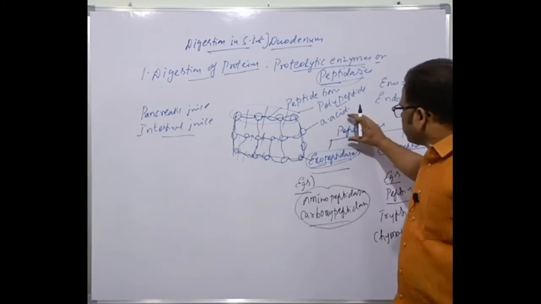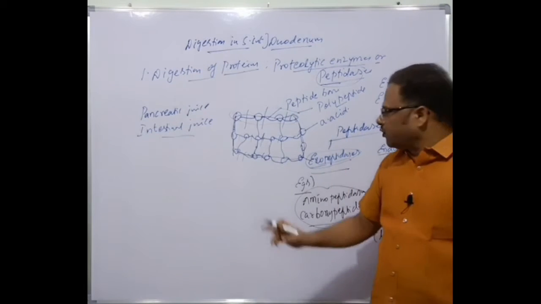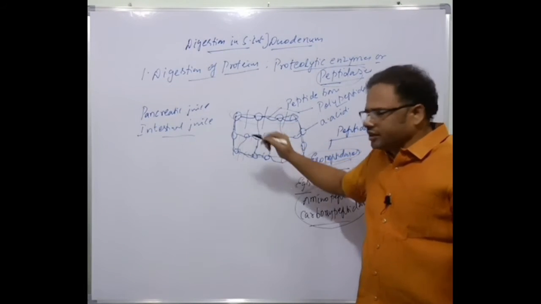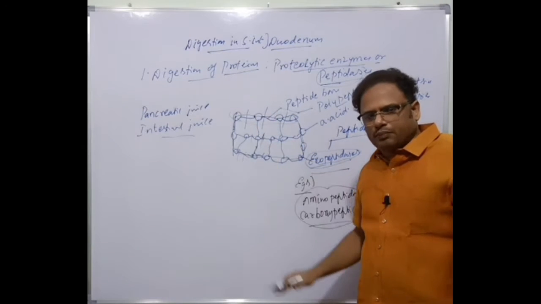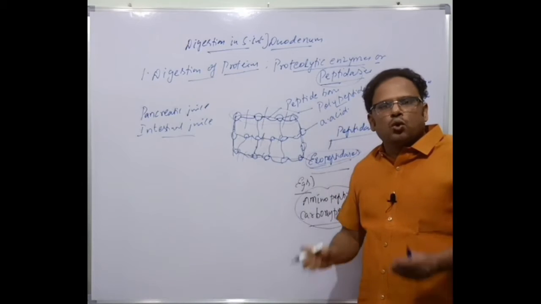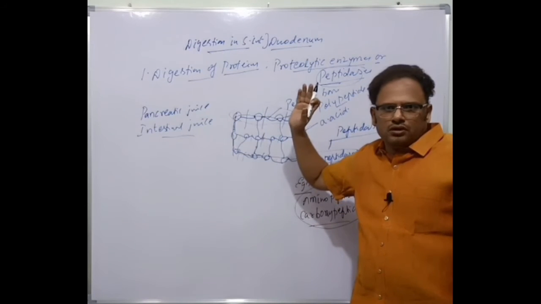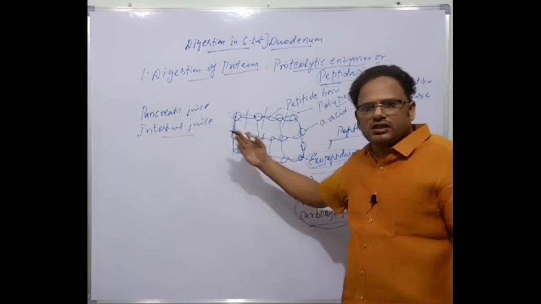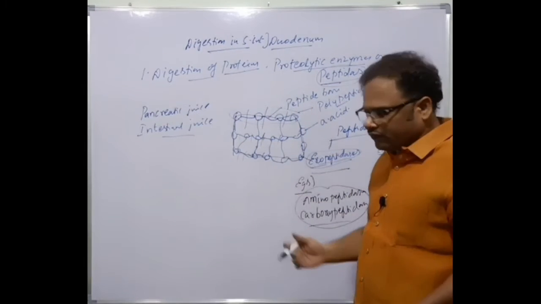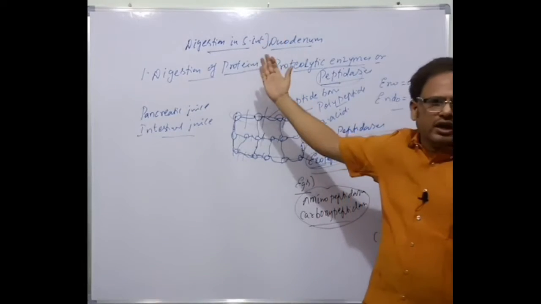Nevertheless, both categories of peptidases are necessary for the cleavage of these peptide bonds. Only then is protein digestion accomplished. This protein digestion is accomplished mainly in the duodenum. Clear? How does this happen? What is the example? What is the actual mode of action? Let's discuss now the digestion of proteins in the duodenum.